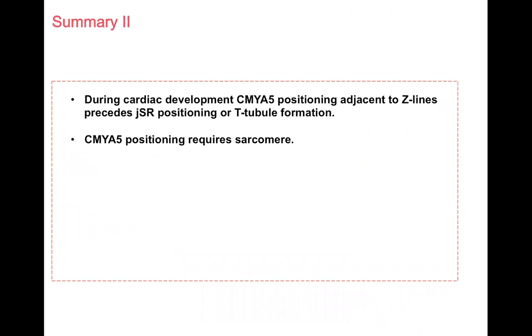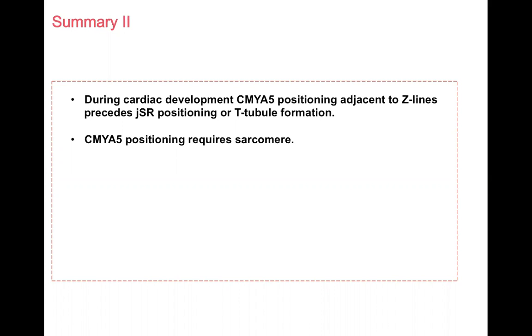During cardiac development, CMY5 positioning adjacent to the Z lines precedes junctional SR positioning or T-tubule formation, and CMY5 positioning requires sarcomeres. As the architecture of the dyad is critical for calcium signaling, next we studied calcium signaling in isolated cardiomyocytes. But before we go into details, I need to introduce the 2 new calcium imaging methods